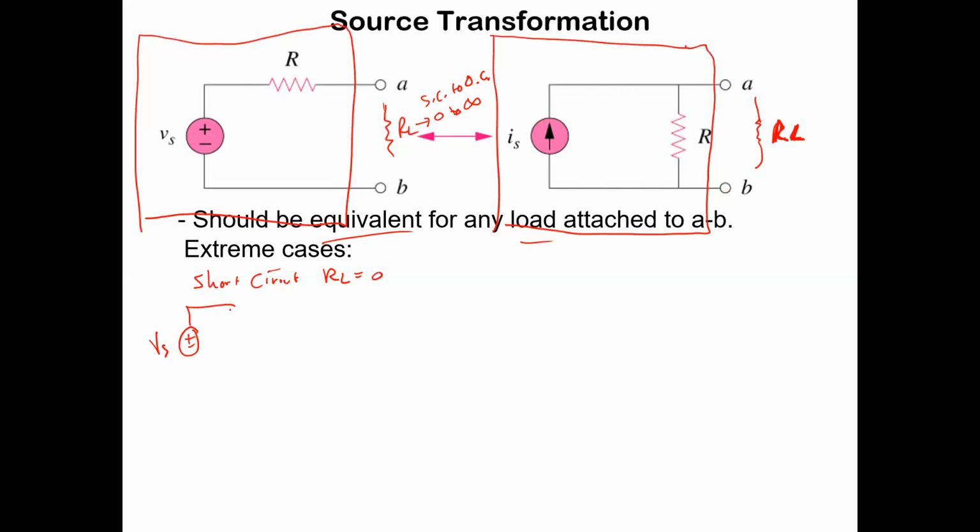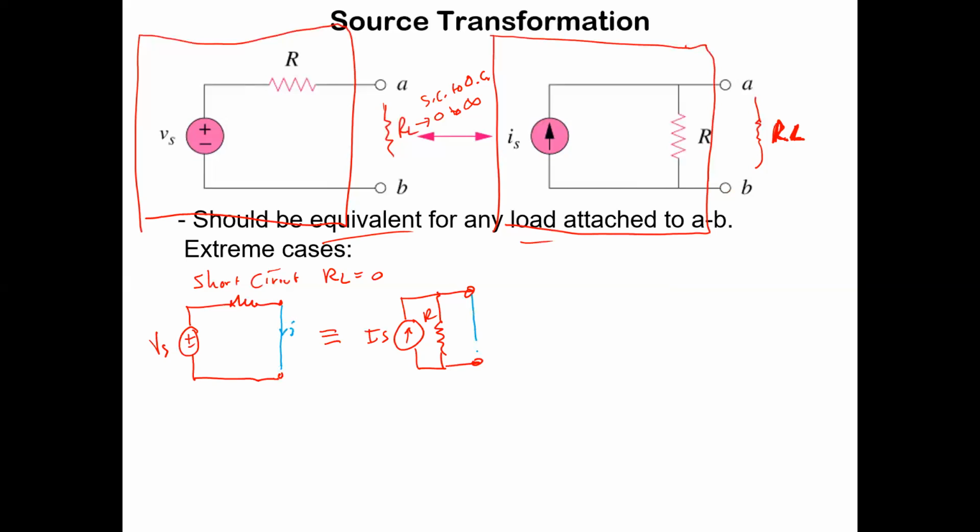And when you have a short circuit attached to this, I'm going to erase that. Actually, I'm just going to draw these separately, and then here is our current source. Those are the two circuits, so you want them to be equivalent, right? And we want them to be equivalent when we have a short circuit connecting these, and we have this current